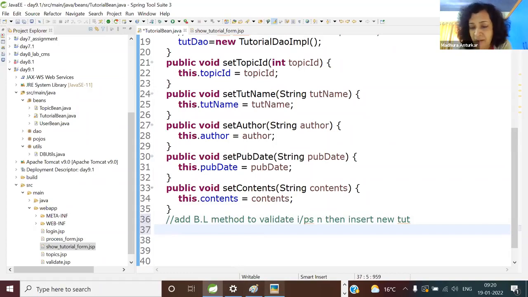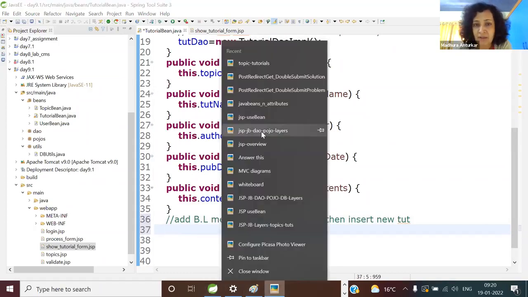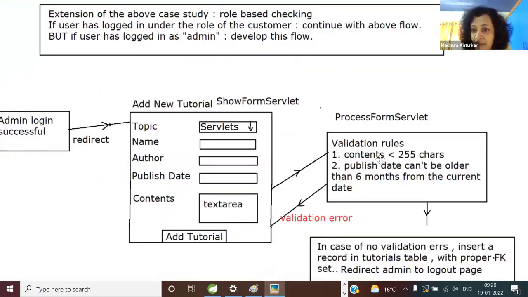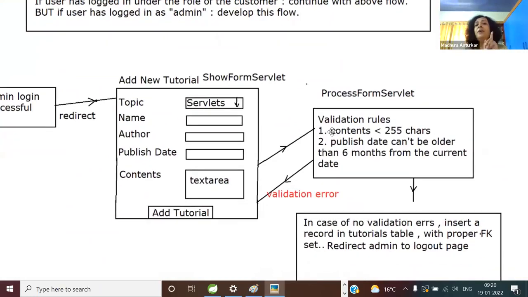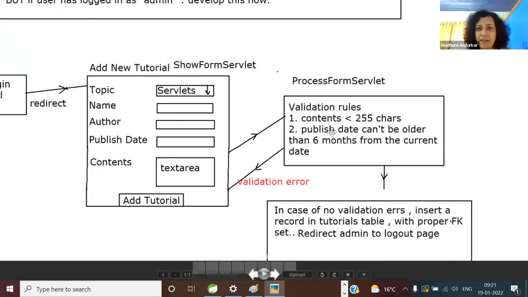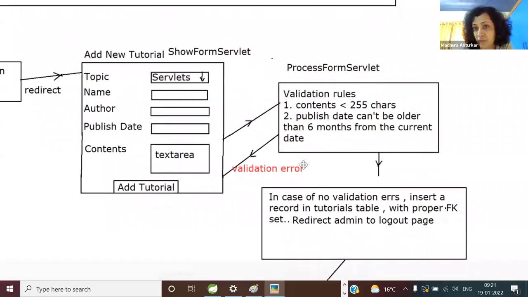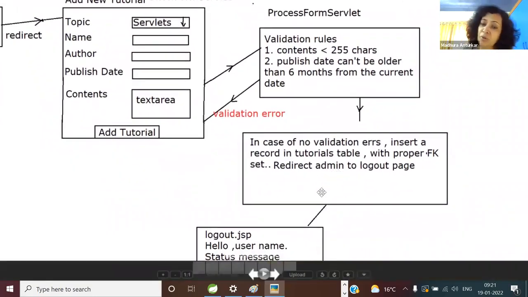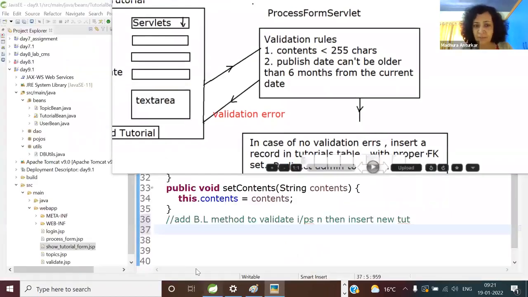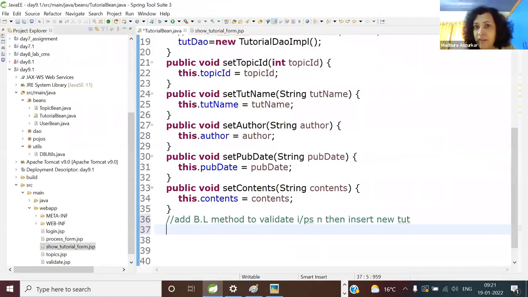And before we finalize anything, just a second. So here, in case of validation errors, these are the validation rules we are going to build. If you have done it in a servlet, you must have tightly coupled it in the servlet. Now we are just putting it in a bean, nothing different. So in case of failure of these rules, I want to navigate the client back here. And in case of no validation errors, redirect the admin to the logout page. So listen to this. In case of successful validation, we will insert the record calling the DAO layer method which we wrote. And in case of a failure, take the client here. So from this information, which is the only rule for writing a business logic method, it should